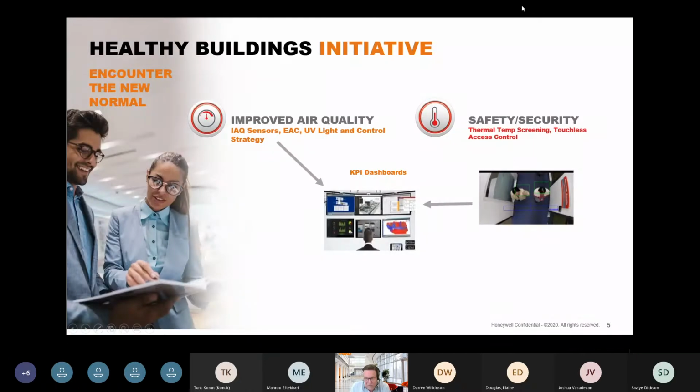So the actual initiative, as far as Honeywell as a company is concerned, splits into two. I'll not be talking about the safety and security aspect today. This just relates to people counting, temperature screening, frictionless access control, built around the access and security systems. If anybody wants to know any more about that, I will certainly put you in touch with the people that